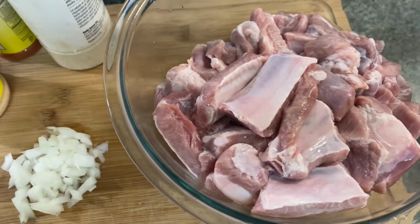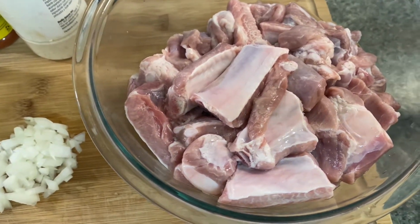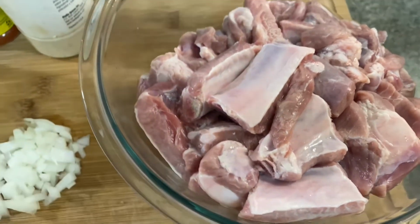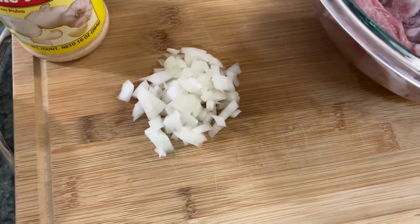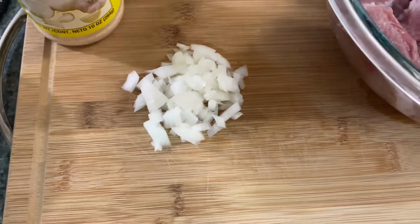Okay fam, so I'm gonna get started on the meat. So I have 2 pounds of ribs, which is pork ribs. You can use any ribs you want to use. I have that, and I already cleaned that up. I have a half an onion right here cut up. It's a small onion, so I just cut up half of it,